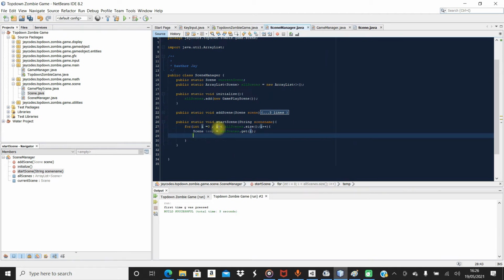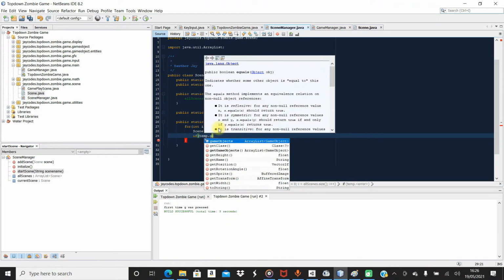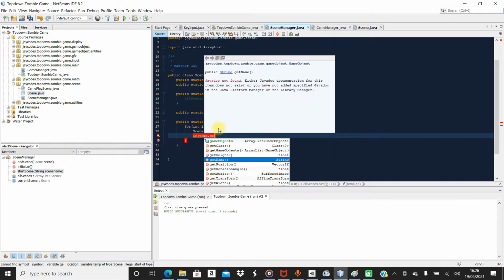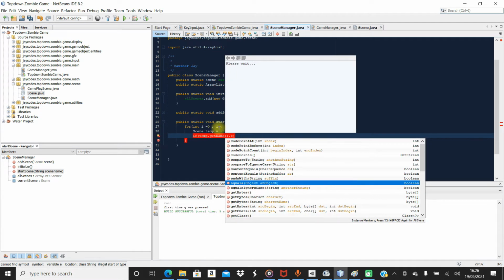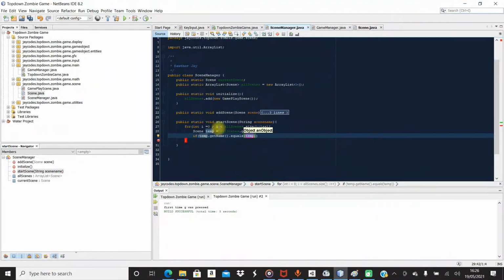So I don't think I need to explain what a for loop is, how a for loop works. So scene temp is equal to all scenes dot get the current index we're on. And then we're going to say if temp dot get name dot equals scene name,